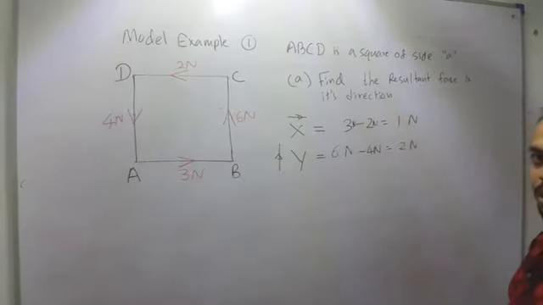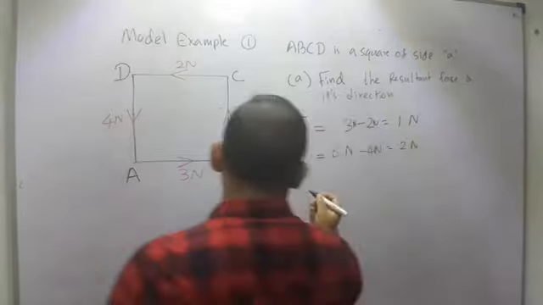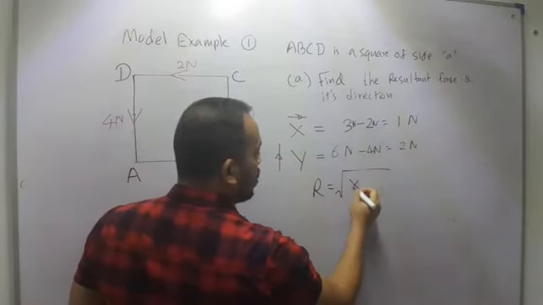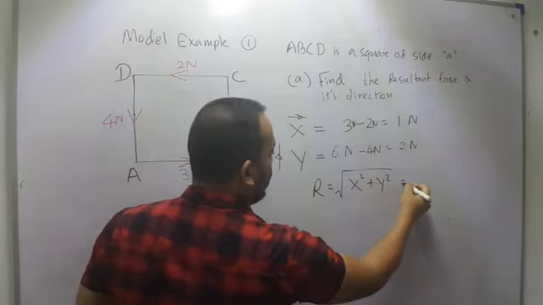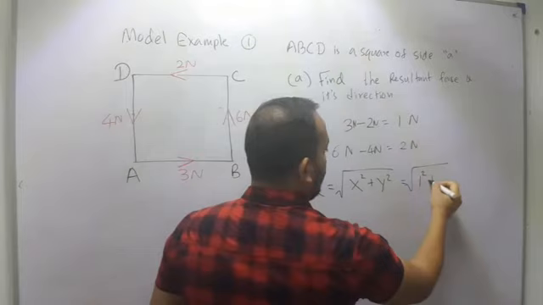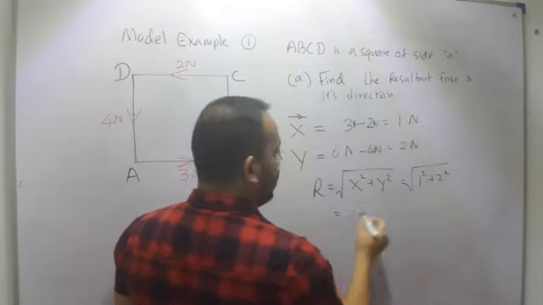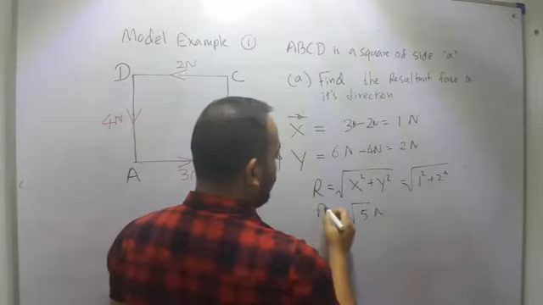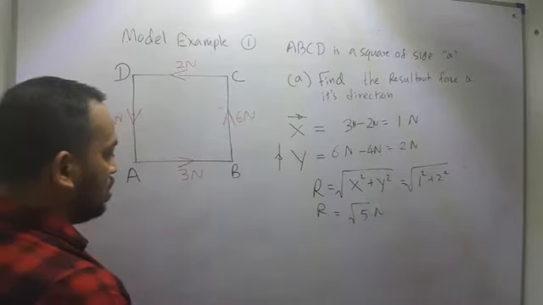Okay, then if you know these, you know how to calculate the resultant force. Resultant force is square root of x squared plus y squared. So you have square root of 1 squared plus 2 squared. Then the answer is root 5 newtons. Right. To find the direction, just sketch a